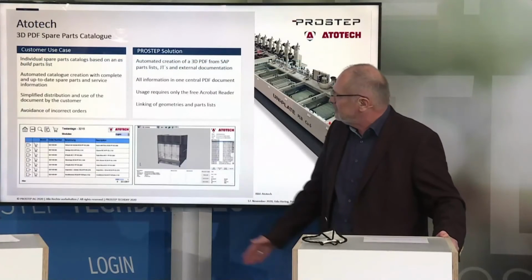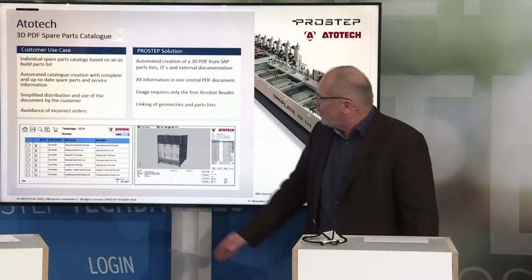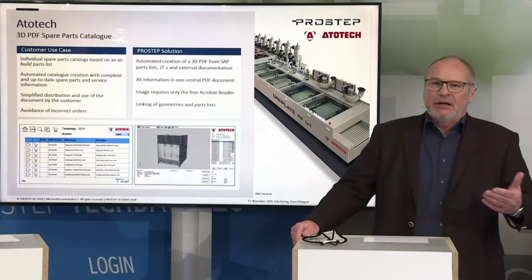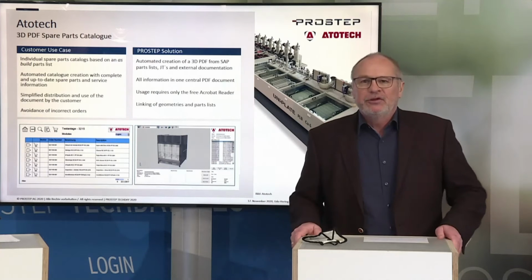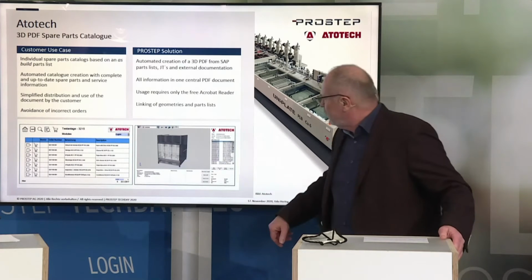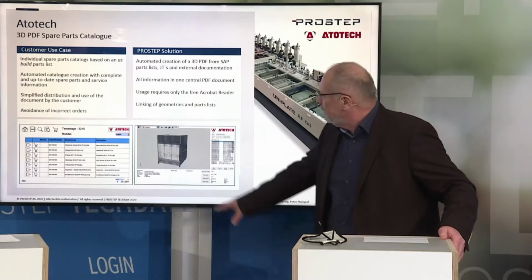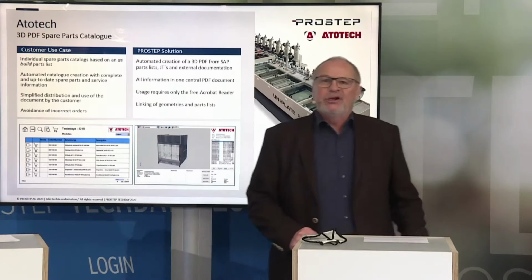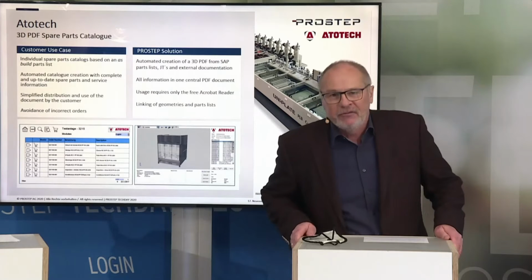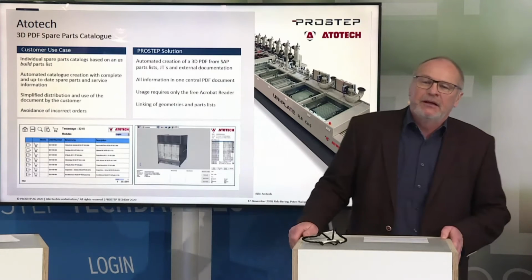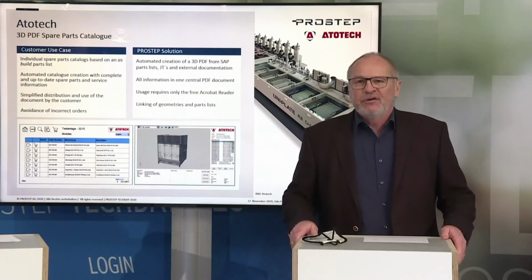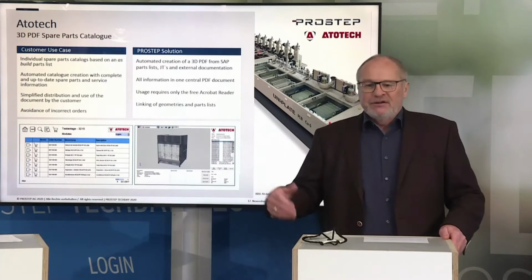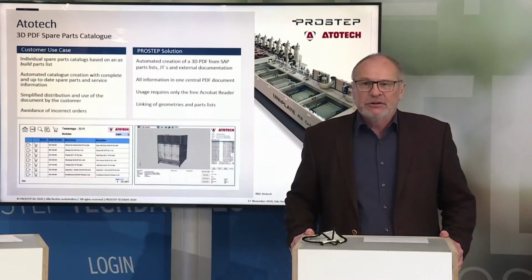And you can see a nice example down the bottom on the left. You can see a table, even with a shopping cart. It's a PDF container with additional information which the customer can download, and he can navigate his way through it very nicely, select a number, and then he'd get a 3D model, and based on that, he can trigger his ordering process. That means it's a very simple application. The customer doesn't need anything else but an Adobe Reader. He can open this package and get additional information from the attached documents, trigger his ordering process, and